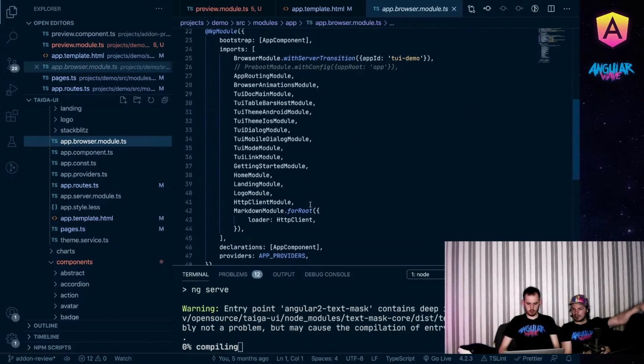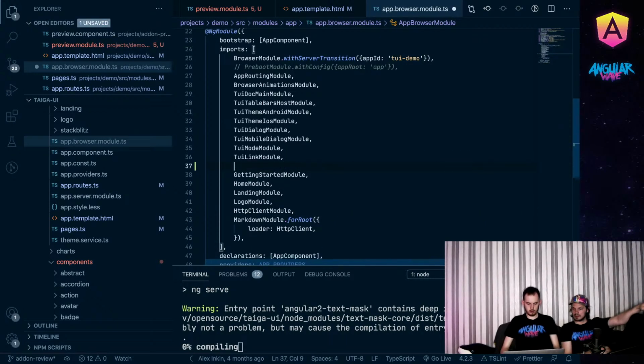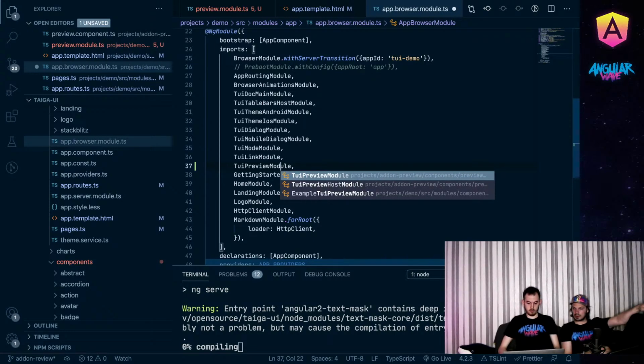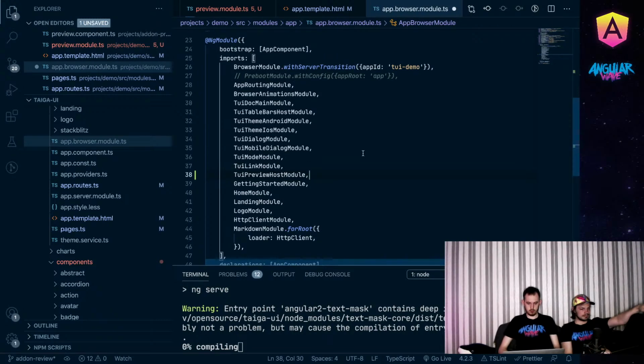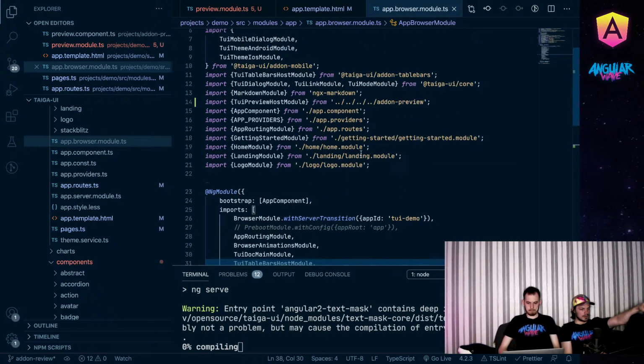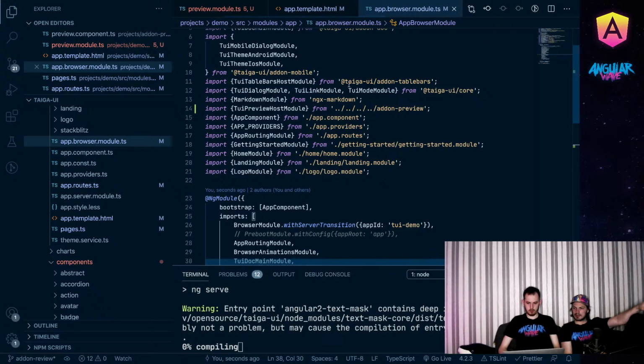And here we need to add our TUI preview model. To preview host model, yeah. Don't forget the comma. And here we can see